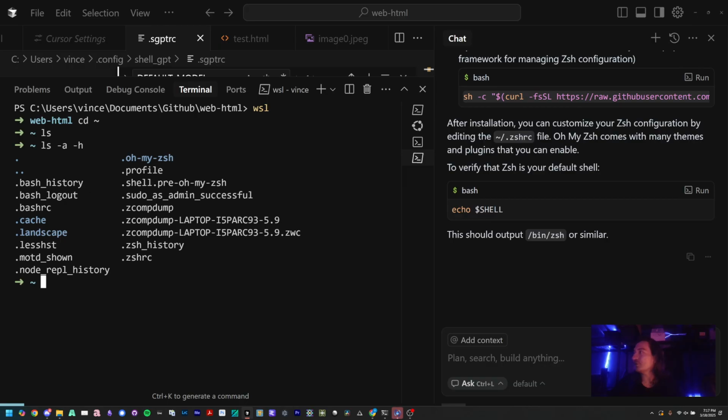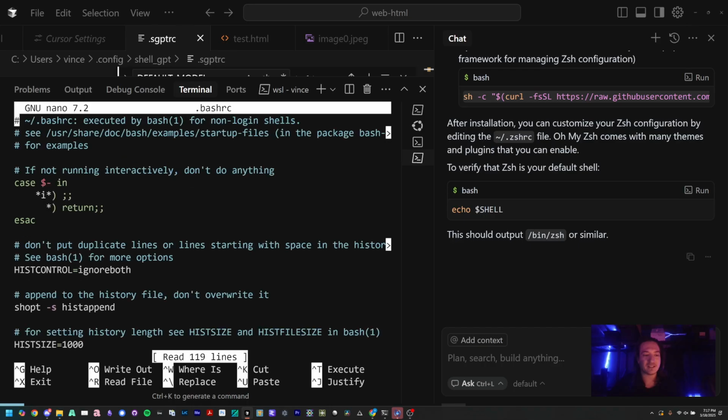If you have multiple users on the computer, then each user would have their own .bashrc. And there's probably one at root too, right, Kev? No, it's only in home. It's only in your home? Yeah. Okay. So if I wanted to look at that, I could say nano .bashrc, and now I'm